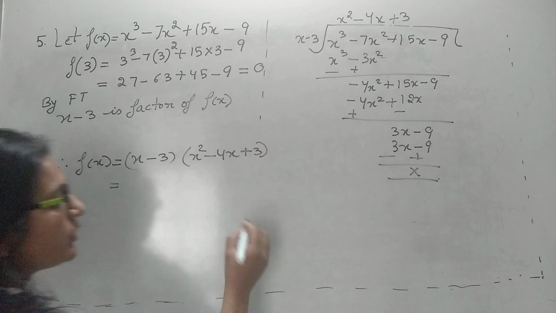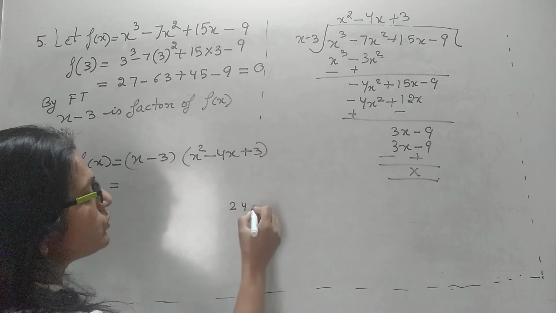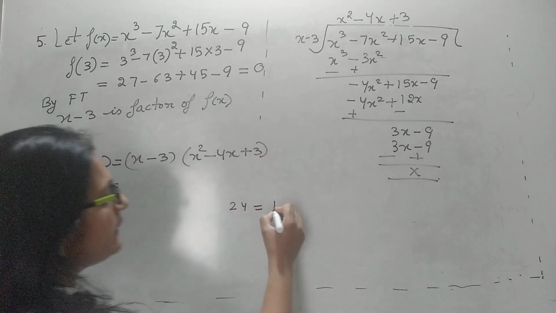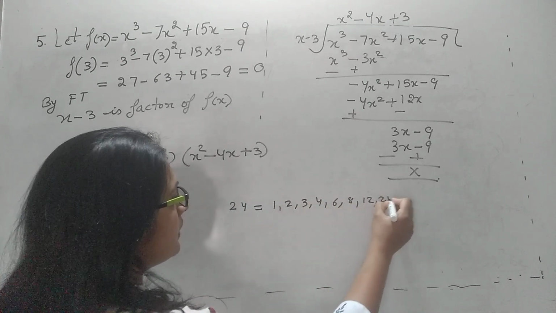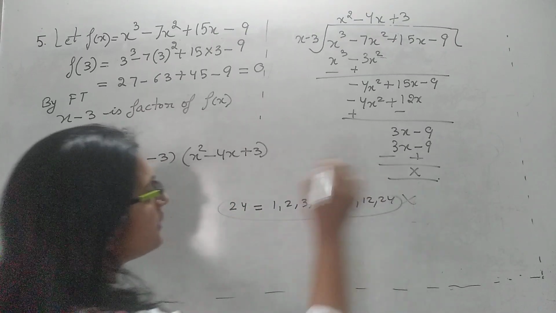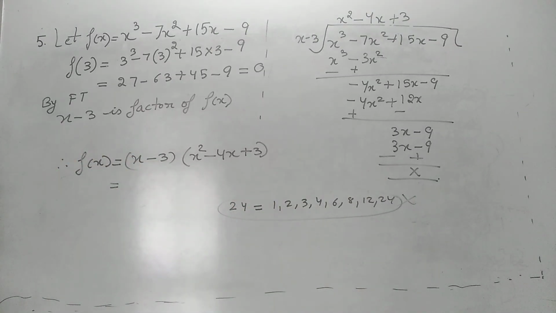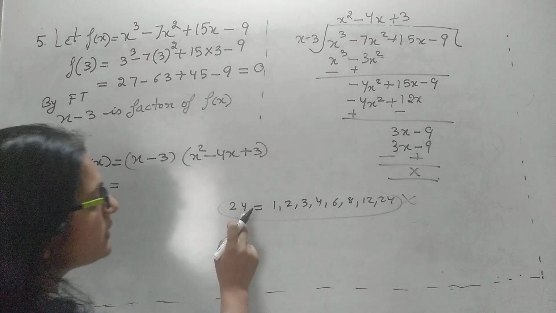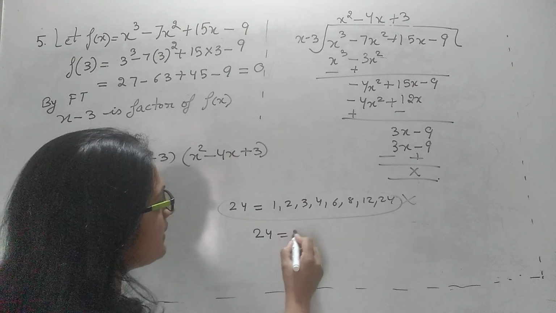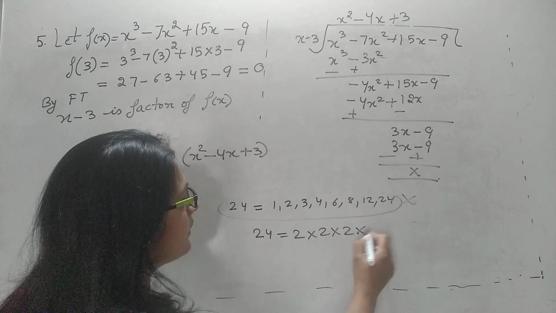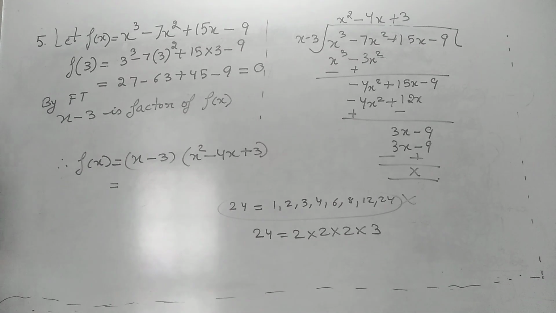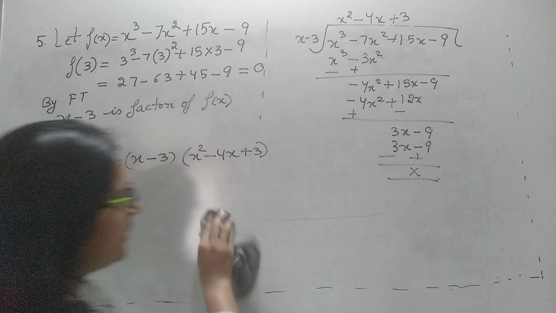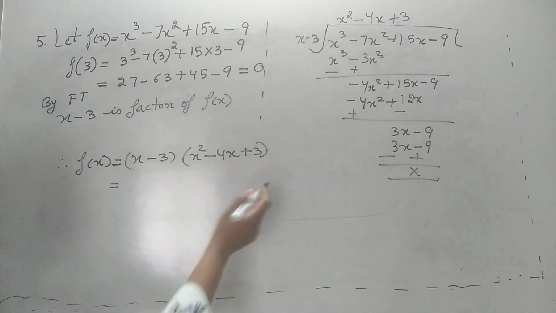Now see here, if the question comes, you have to factorize 24, it doesn't mean that you have to write the factors of 24. This is wrong. What I have written here, I have written the factors of 24. That is not the question. The question is we have to factorize. So factorization is done in this way. You have to write it in the form of a product. Similarly here, when it is written that you have to factorize, that means the final answer has to be written in the product form.